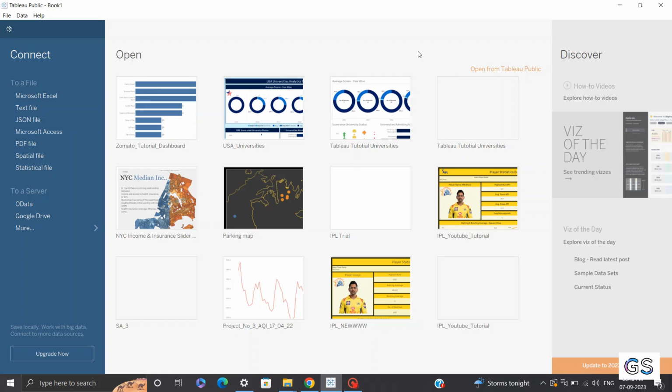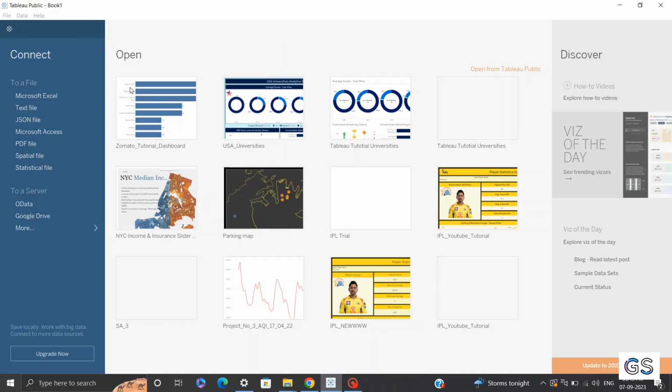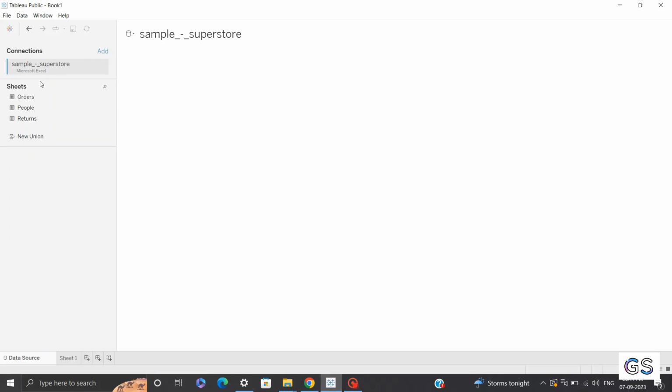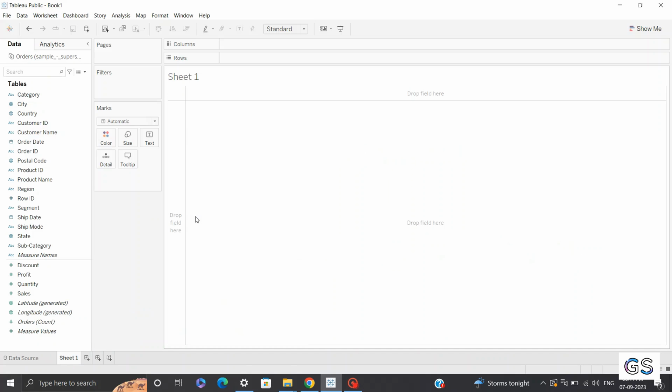I'll start by importing a very simple and common data, which is sample superstore. I have already downloaded this data. Since this data is an Excel file, I'll click on Microsoft Excel and go into my downloads. You can see my sample superstore data available here. I'll quickly import this order sheet onto my canvas